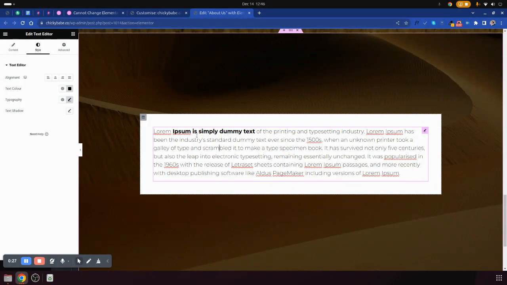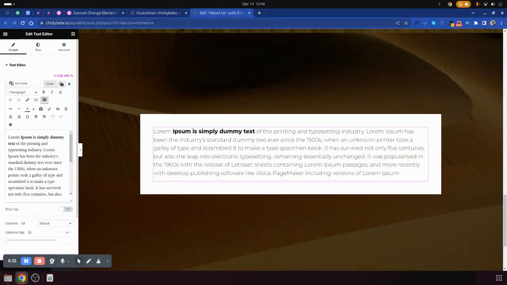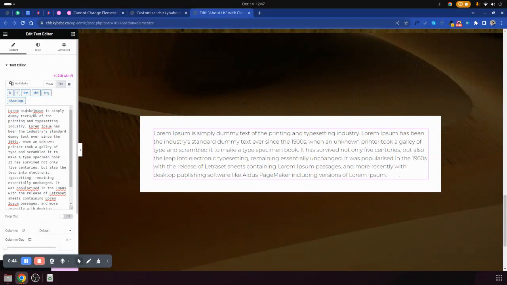Go to content, switch to text, then locate where you need to add. For example, it is from here. Then say span, span style equals to